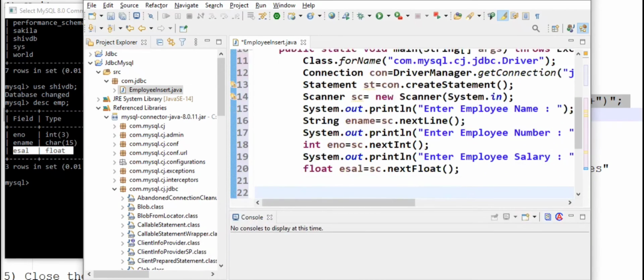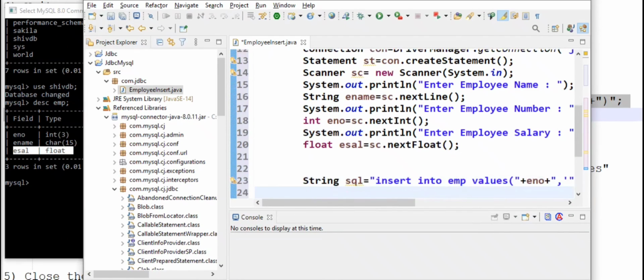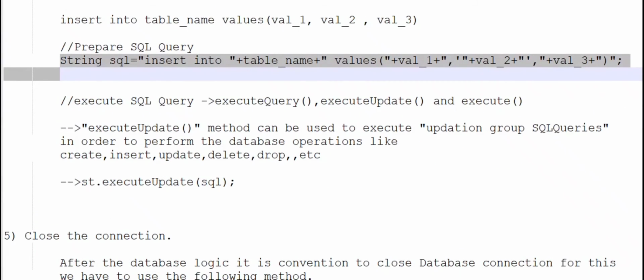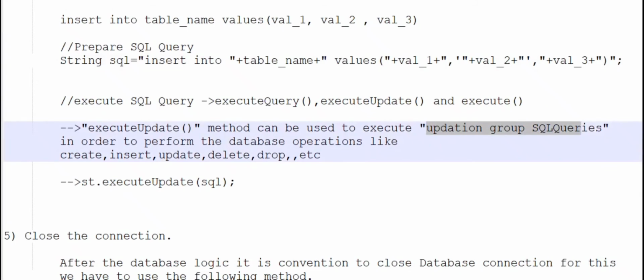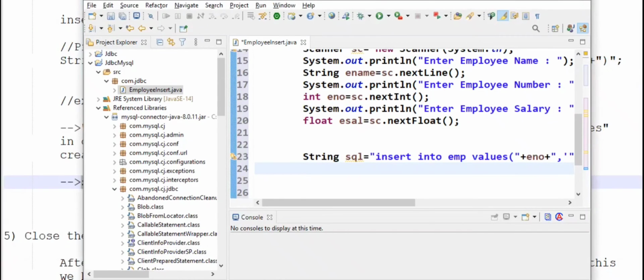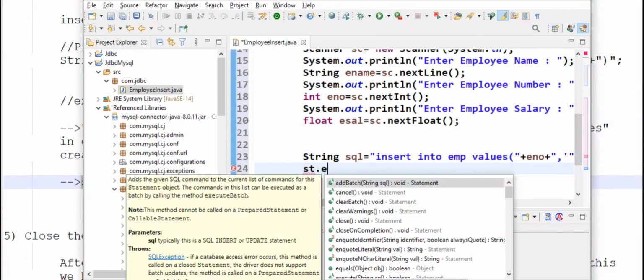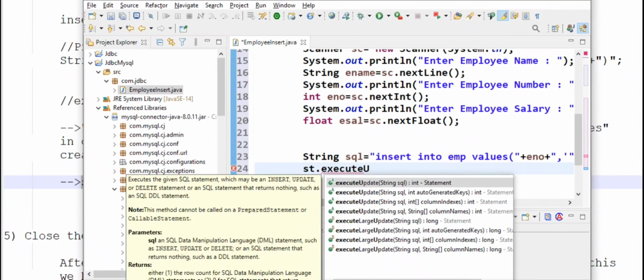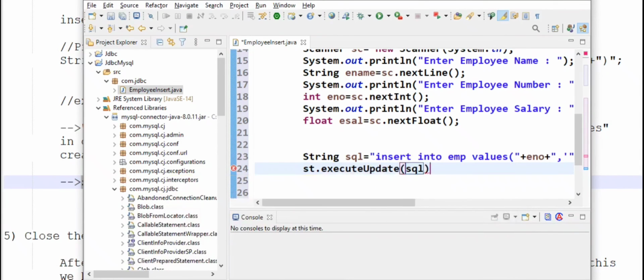We have taken dynamic input. We have our SQL query. We should now execute. Since we are using an updation group SQL query, we should execute by using the executeUpdate method. st.executeUpdate of our SQL. Great.